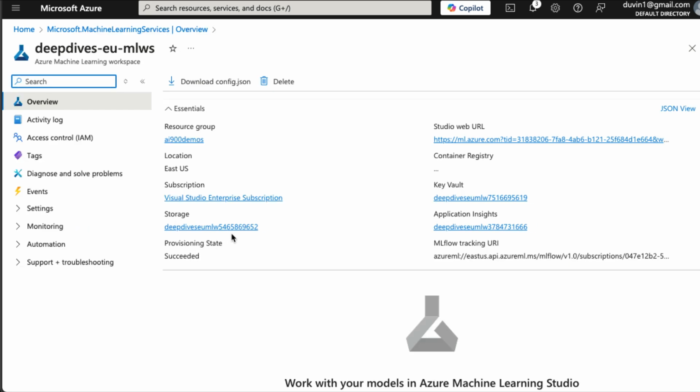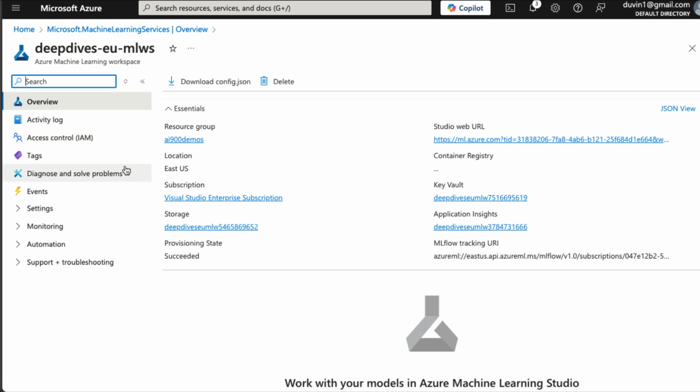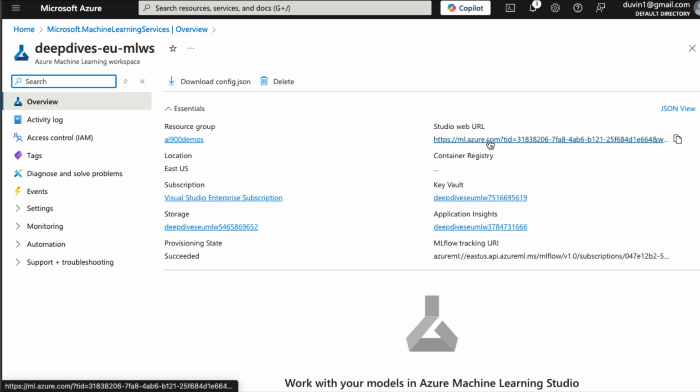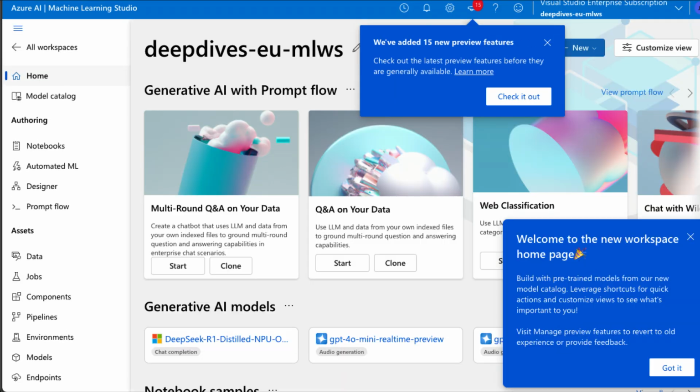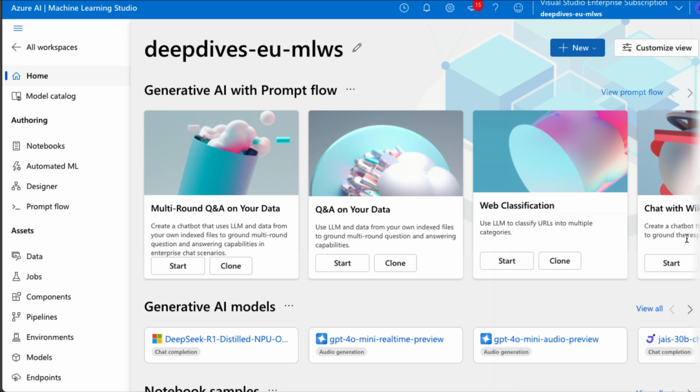This is what a machine learning workspace resource really looks like. One thing that we're going to do here is use the Machine Learning Studio. You can see there's a link here to our studio. We could just also go to ml.azure.com. This is what the Azure Machine Learning Studio looks like. Let me get rid of all of the clutter here. Okay. And the one thing that we're going to do this time is some automated